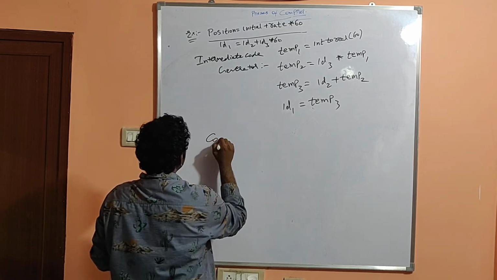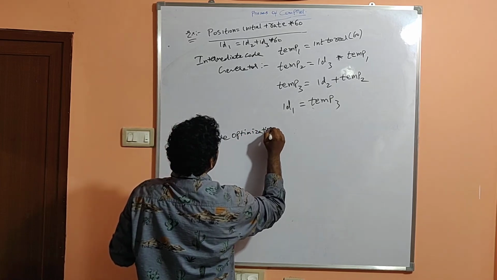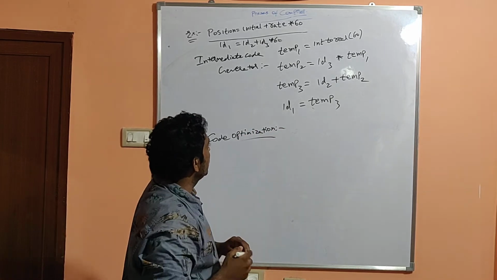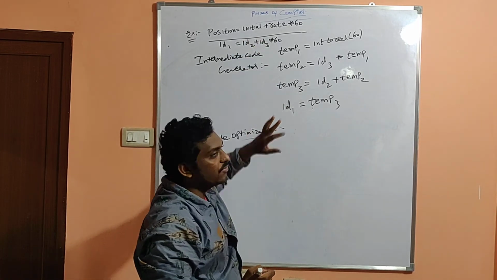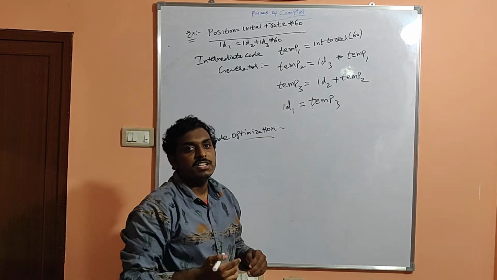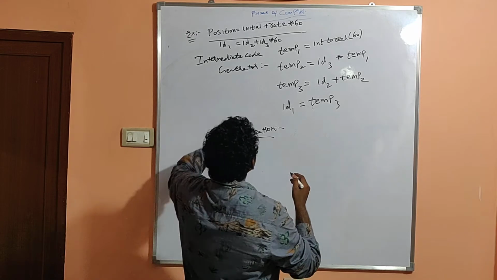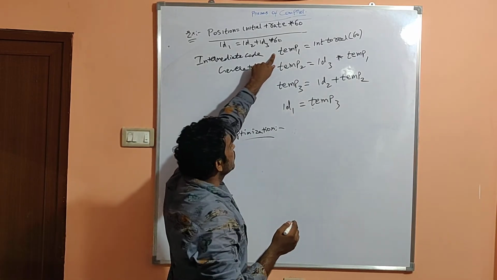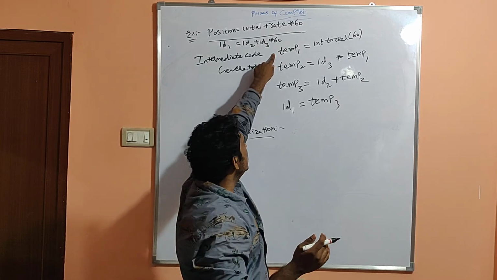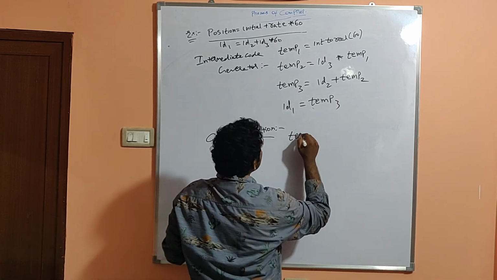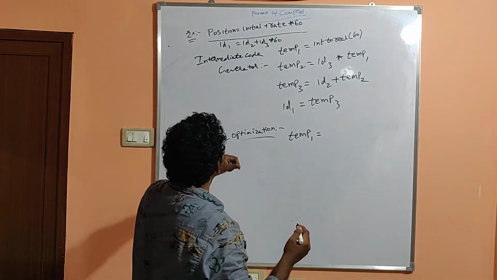So next, code optimization. Whatever we have converted, we got a total of 4 steps. Here we will reduce the 4 steps of code into 2 steps. In the first step, what we have done is convert 60 from an integer variable to a real variable. So now the 60 will be converted automatically. We won't write the same value again and again.